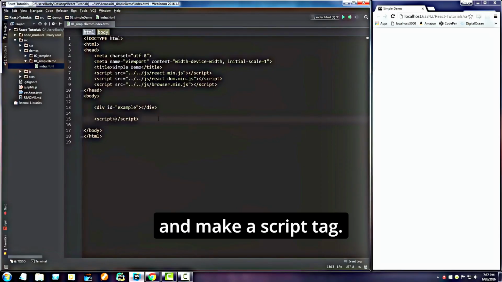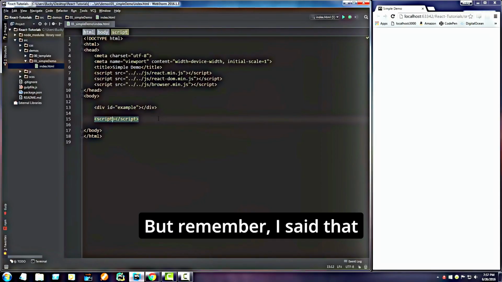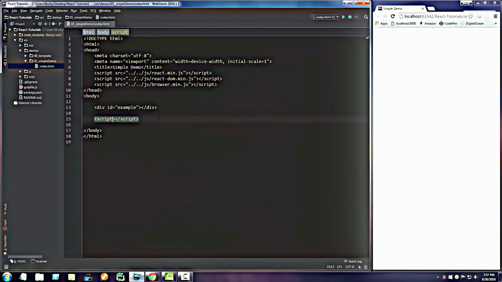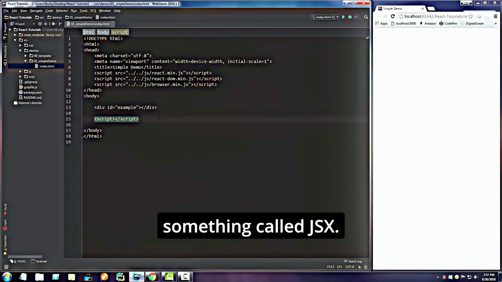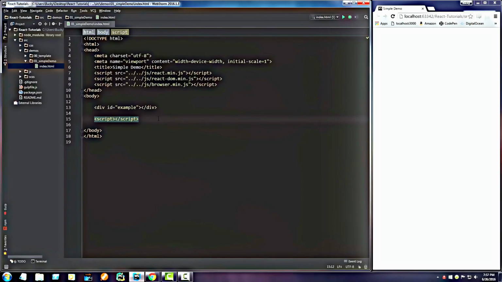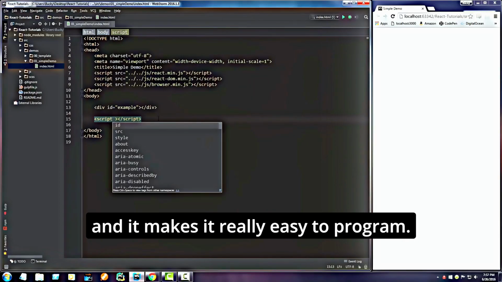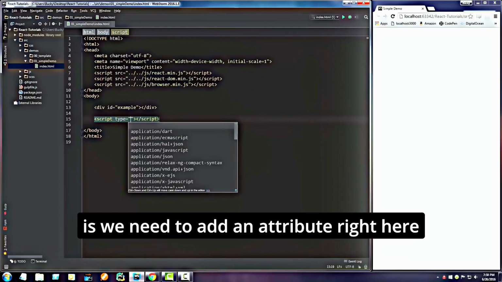So now we can actually start writing our React code. So I'm going to go ahead and make a script tag. Now by default, this is just normal JavaScript. That's what the browser is going to see. But remember, I said that we aren't going to write plain old vanilla JavaScript. What we are going to do is write something called JSX. It's a special type of JavaScript that allows us to use HTML syntax in it, and it makes it really easy to program. So what we actually need to do is add an attribute right here and